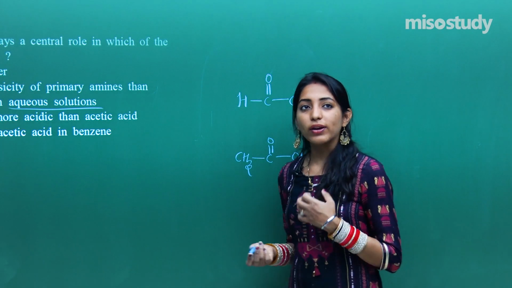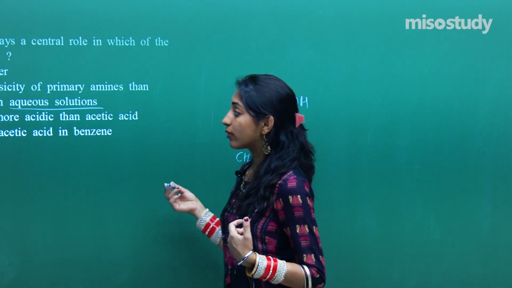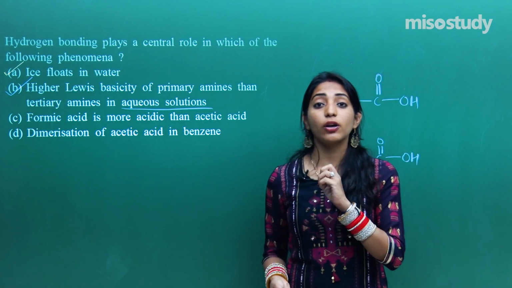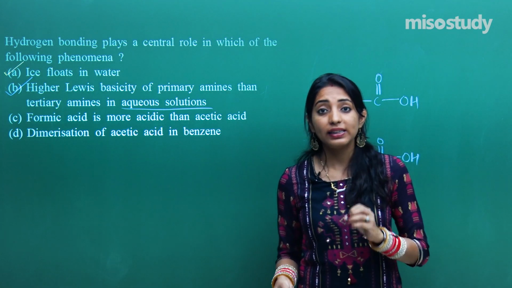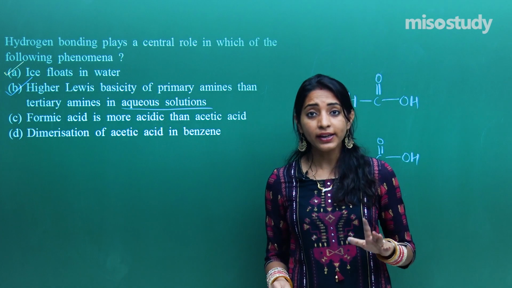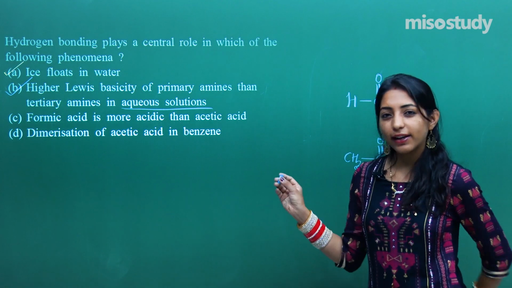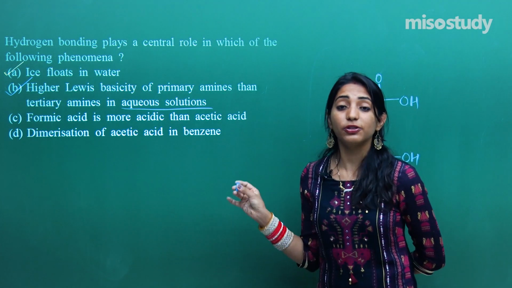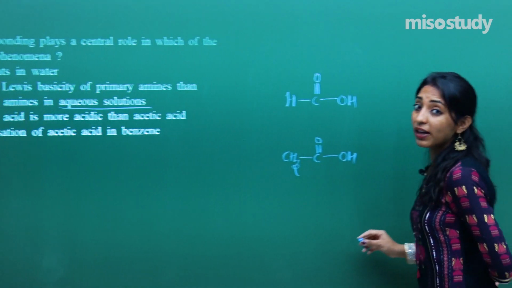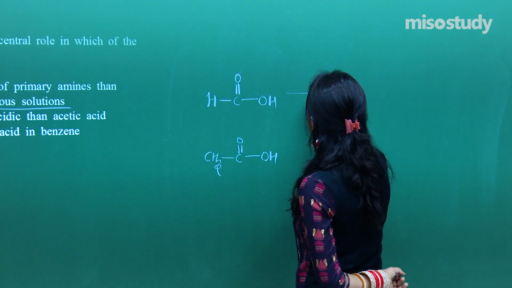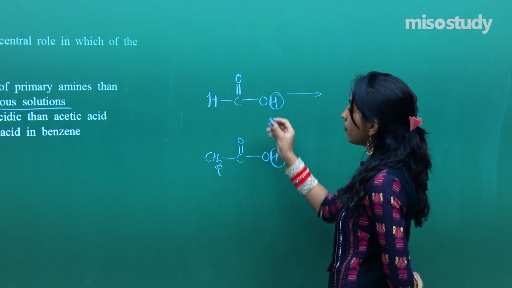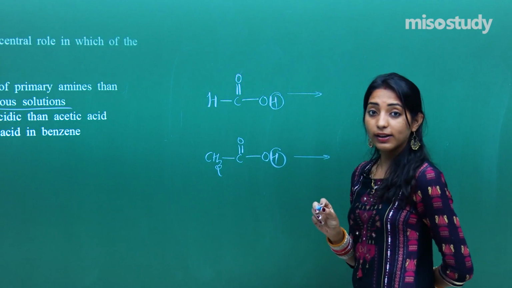But again guys, one of the major reasons why I wanted to discuss this question in this chapter is that so many questions from general organic chemistry, GOC, can be answered on the basis of the chapter chemical bonding. So that is the reason why I give you a tinge of organic chemistry in this particular chapter itself. Now see, when I talk about acidity, I will say that acetic acid is an acid because of the H plus which can be donated. Similarly, formic acid is an acid because it can donate H plus.